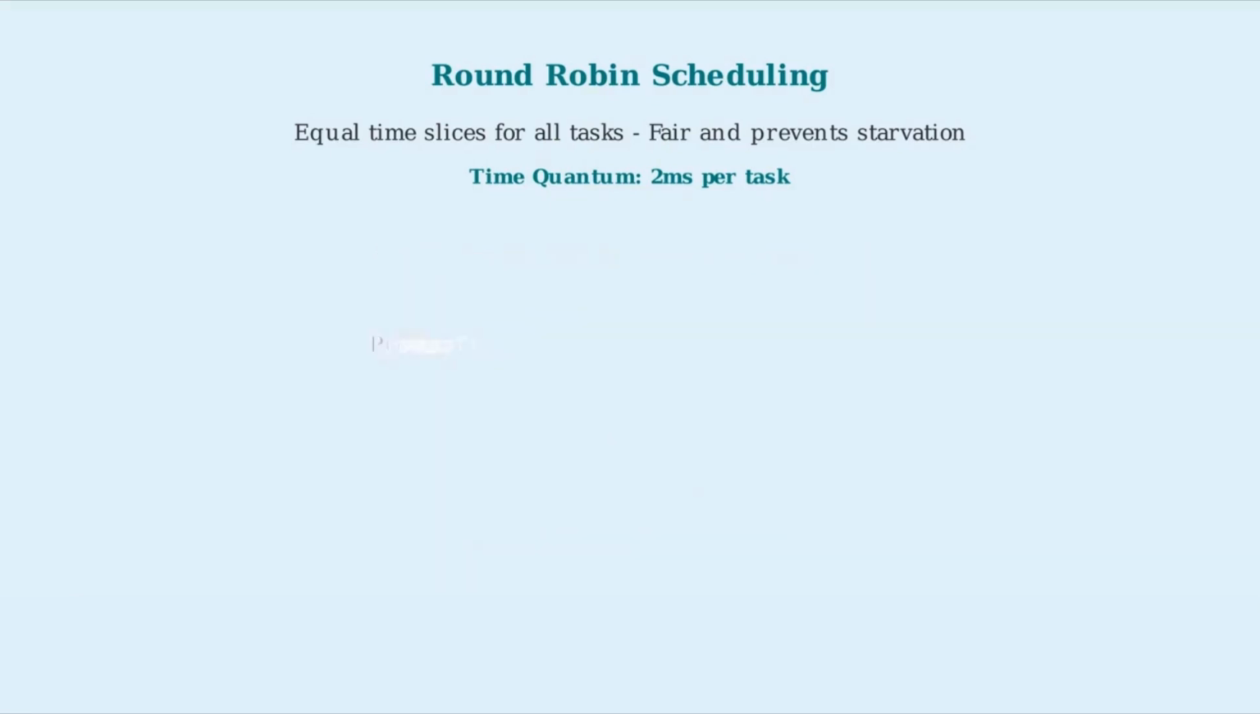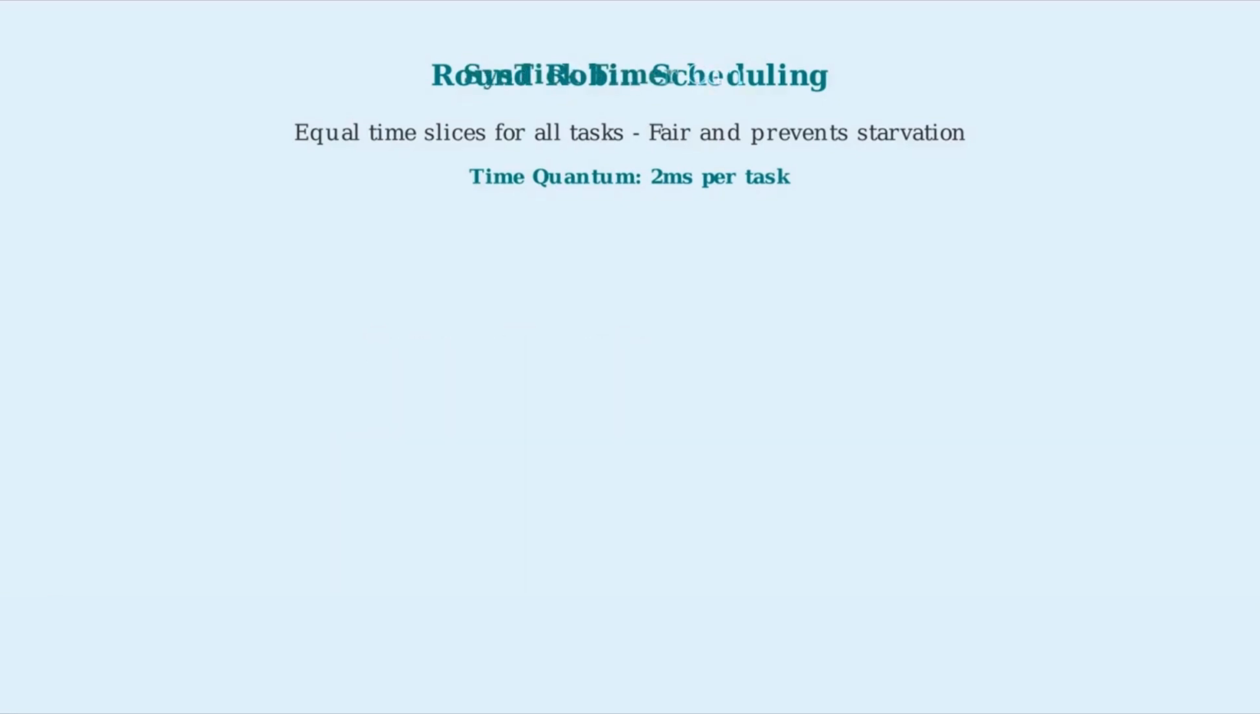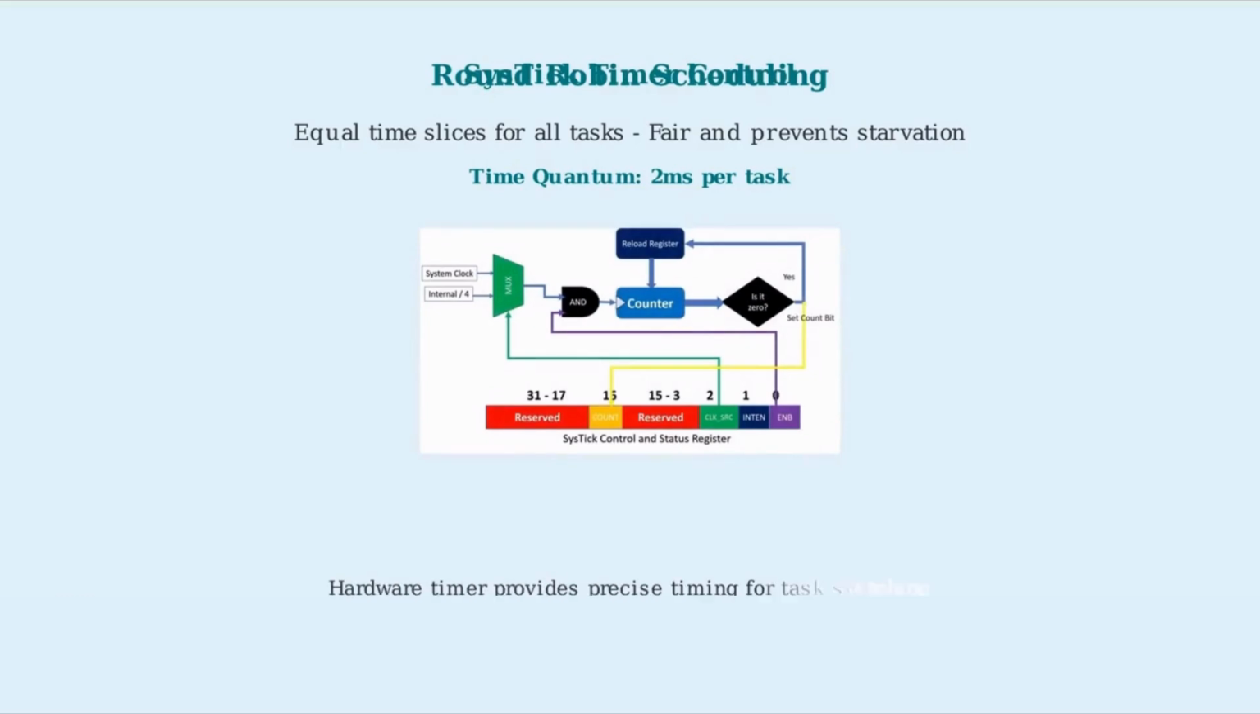This process is called preemptive multitasking. When a task's time slice expires, the operating system forcibly stops it and switches to the next task. This ensures responsive system performance and prevents any single task from freezing the entire system. In ARM Cortex processors, the SysTick timer provides precise timing control for task scheduling. This hardware timer generates regular interrupts that trigger the operating system to switch between tasks, ensuring accurate time slice management